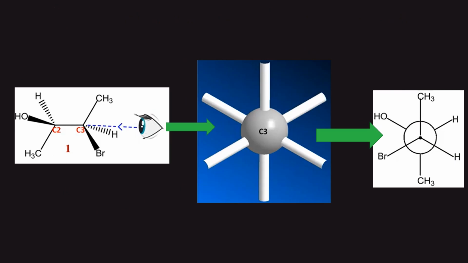The same 3-bromo-2-butanol is now viewed by standing near carbon number 3. So from C3 we are looking at the molecule. C3 is the near carbon, C2 is the distant carbon. So when I view the molecule from here, this carbon is visible for me, whereas C2 is hidden. And this C3 carbon is shown as the ball here, and C2 is hidden by C3. With C3 there are three bonds connected. This is the upward bond. These are the two bonds coming towards the viewer.